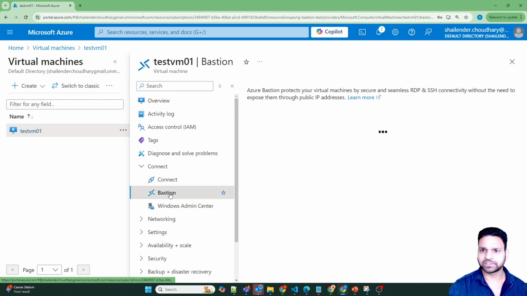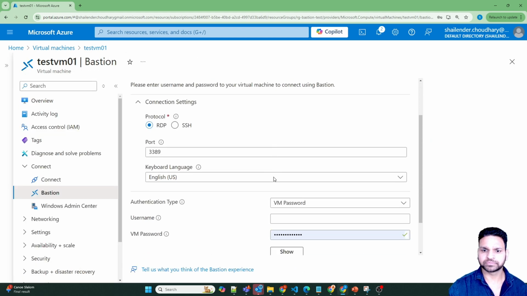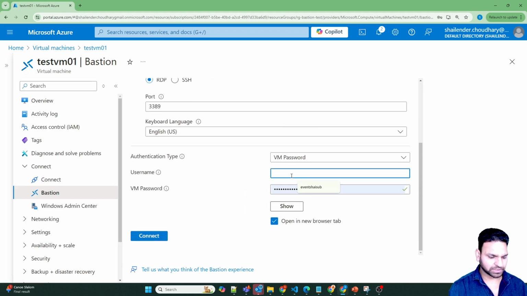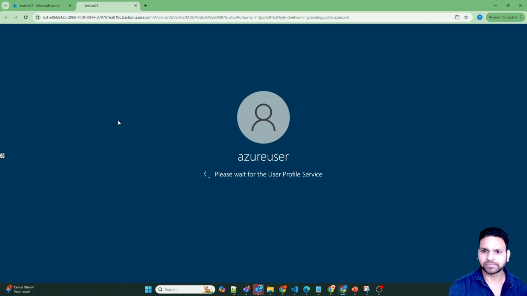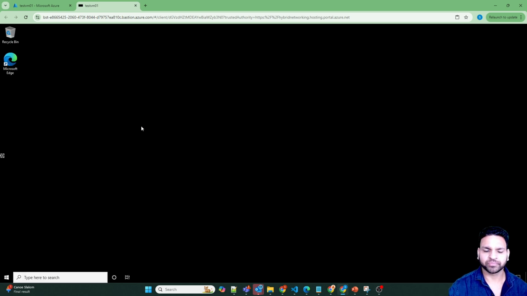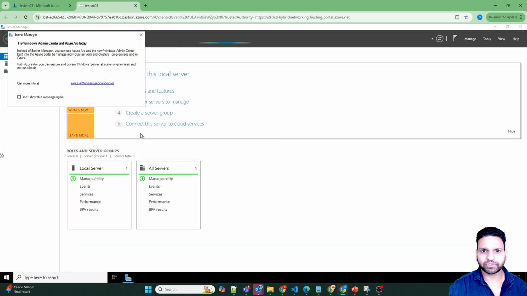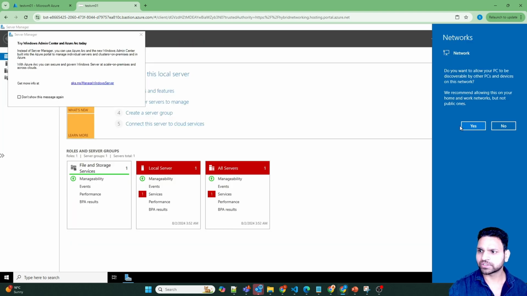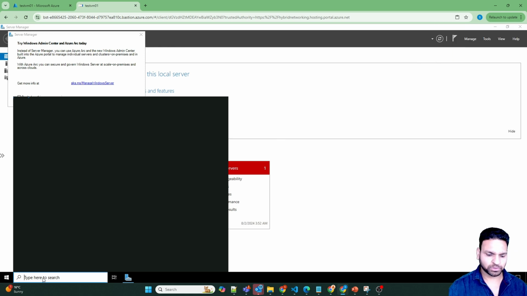So go to the Bastion and provide the username and password. Connect. So now the user session has started and it should be recording also. Wait for a few seconds for the startup task to finish and then I'll quickly open the notepad